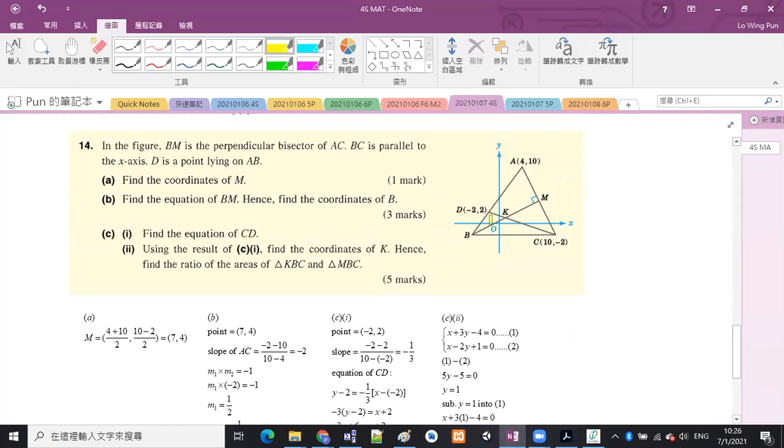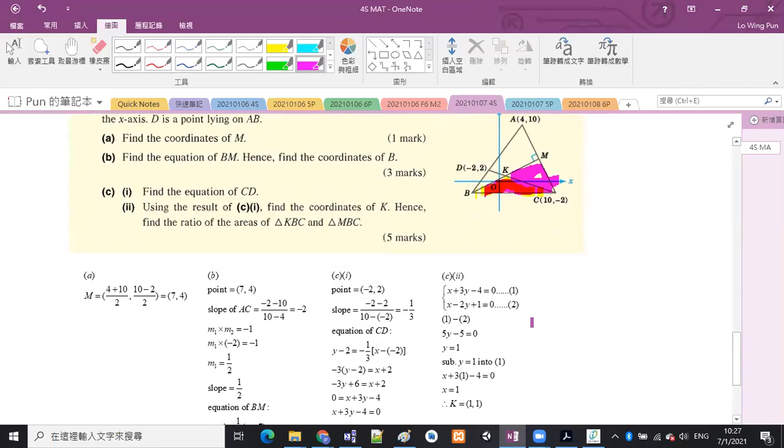KBC is this one, and MBC is this one. 咁呢度咧，我哋會點做咧？我哋而家揾面積比嘅話咧，就會揾佢嘅底嘅長度比，OK，即係 BK 比 BM 係幾多比幾多。